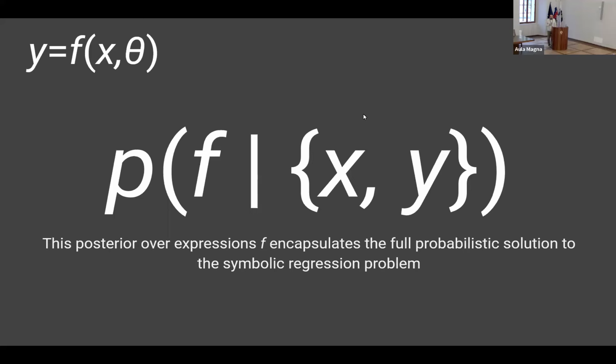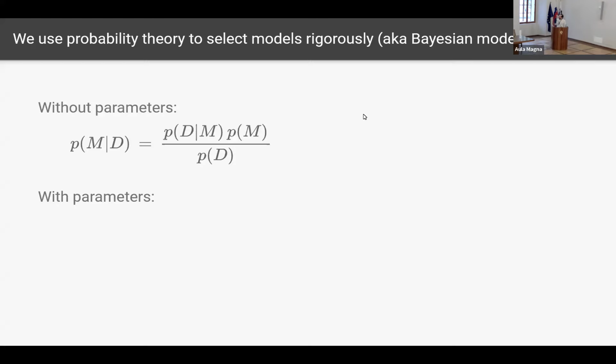This is the mathematical part of the talk. I hope that everyone will be able to follow, but at the end, there will be a summary. We use probability theory, which some people like to call Bayesian model selection, but it's just probability. It sounds scary, and it sounds like a sect, right? There are the Bayesians that do Bayesian things, and the frequentists that do frequentist things. I don't like those. We use the theory of probability, which has theorems that tell us it is the proper way to deal with uncertainty. So when we want to use probability theory to select models, we use this equation here,